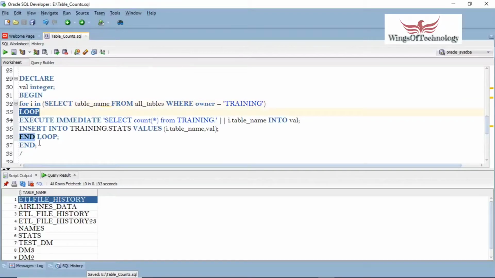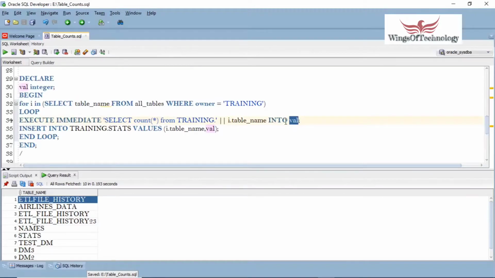Now the loop is started, and here we are going to run select count of star from training dot the table name. As I said, I dot table name for the current loop holds the table name. We are writing this into a variable, the variable val that we declared initially.